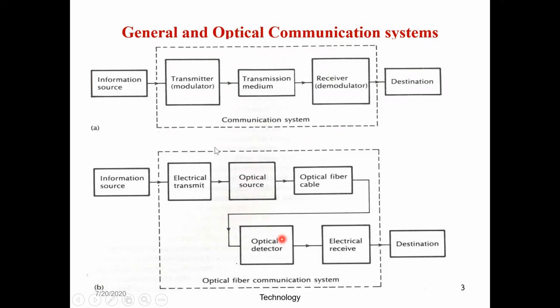I think Saurabh had asked one question, how much to write. For every student like Saurabh, right now the explanation is very simple because we have not studied anything in detail about any of the chapters or the modules or the blocks. Just now it is an understanding that the signal is in the light form, so I require an optical source to convert the electrical signal into an optical signal, and again at the receiver, optical back to electrical, and the transmission media is a wired guided media using optical fiber cable.